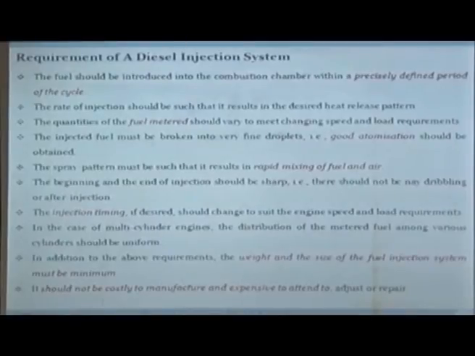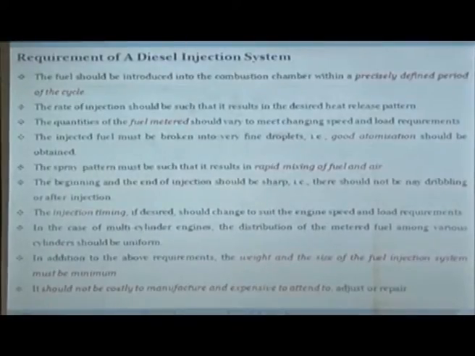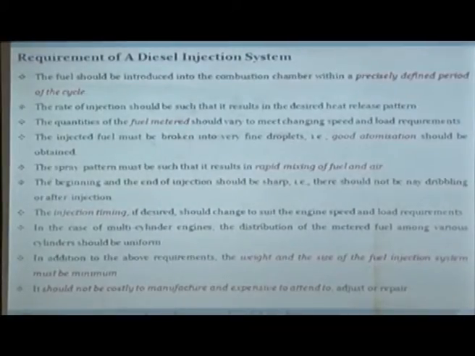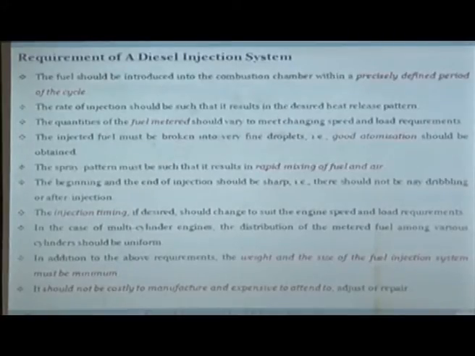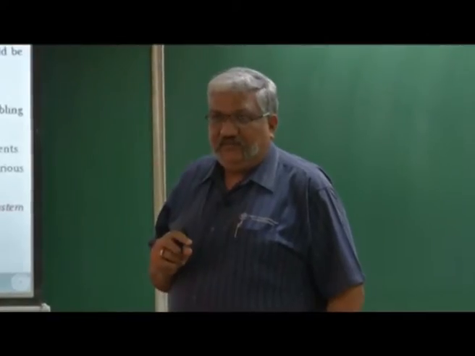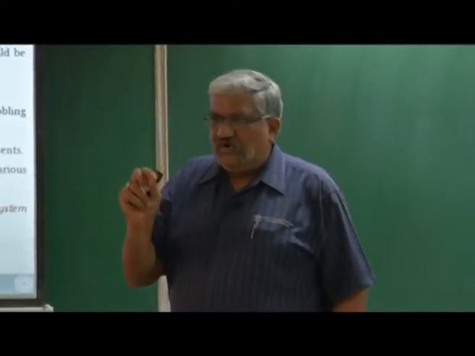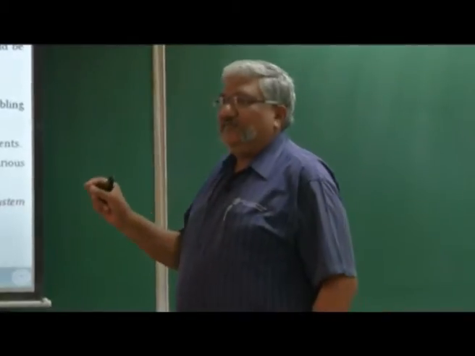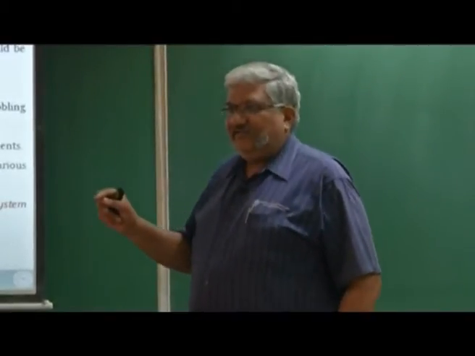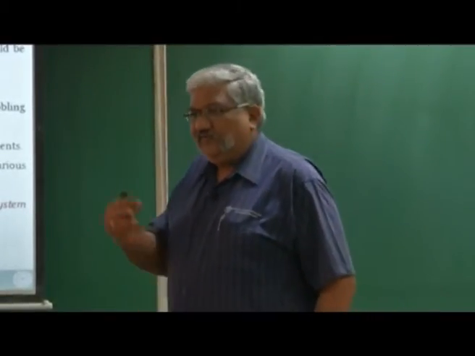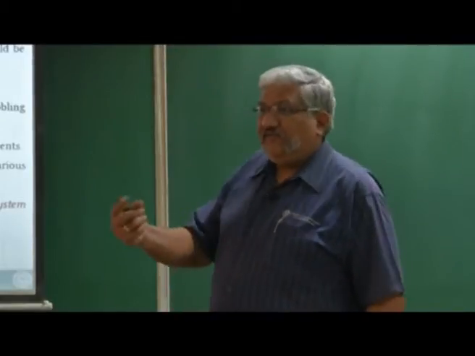That means once it is closed, no more fuel should come into the combustion chamber, because when this dribbling happens, the droplet will be very large, because it's just leaking, and if the droplet is very large, it will lead to particulate formation, soot formation. You should not allow even one drop to go out, because if you multiply that one drop by the number of injections, it may give you a 10% penalty or 15% penalty in mileage.